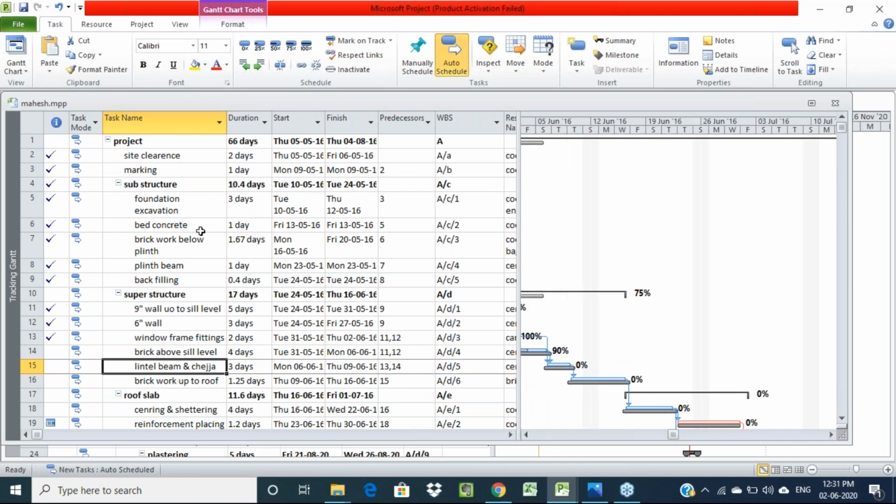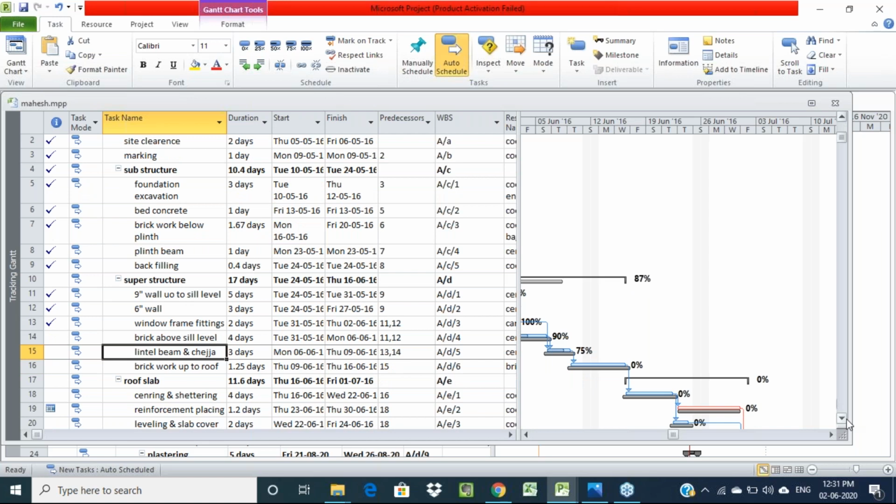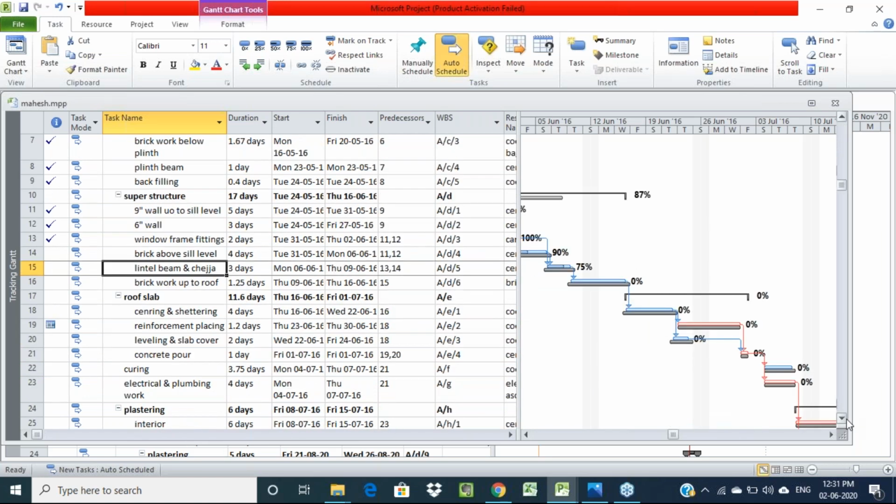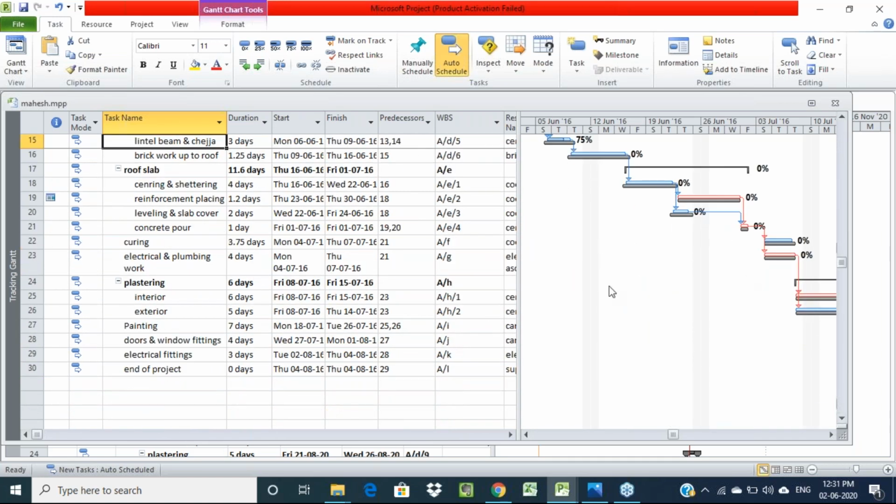So if you want to make it 100%, one by one activity if you want to update, just click on that same activity. So here you have percentage completion. If you click on the task option, you will get the percentage completion option, right? So if you click on that 75% completion, automatically it will update here that 75% work is completed, right? For all the activities we can update like this, or otherwise we can track. So for 2 months or for 3 months likewise also we can track each and every activity.